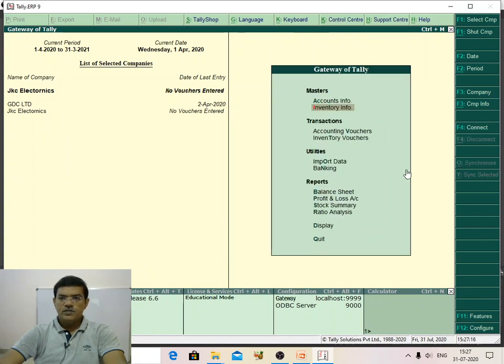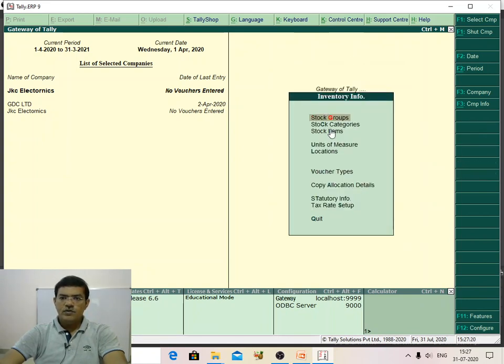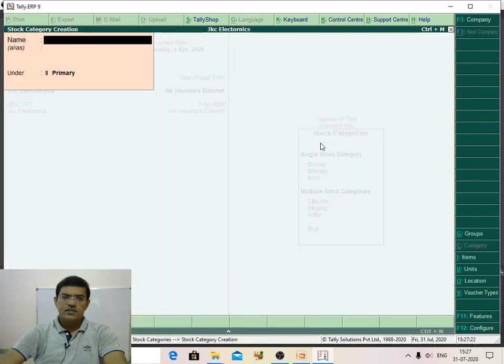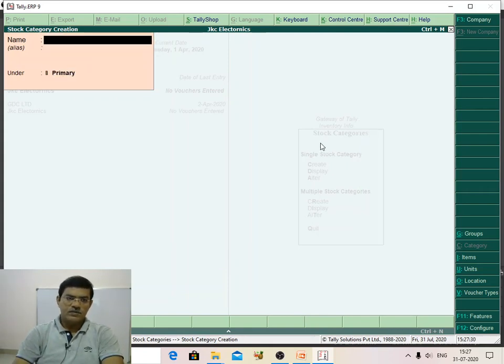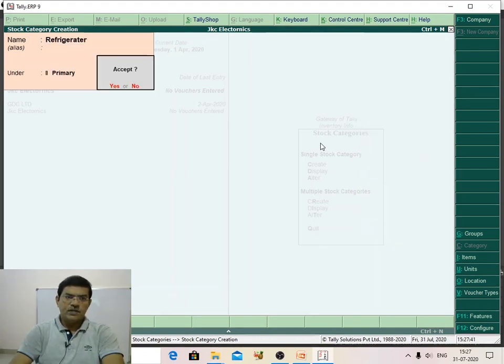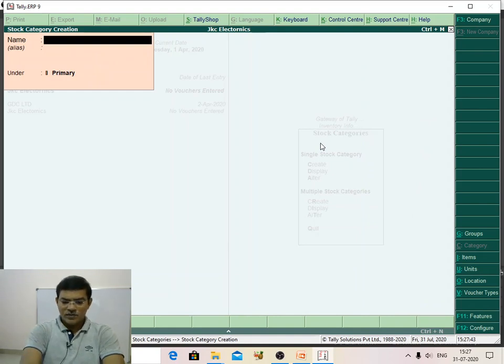Go to Gateway of Tally, Inventory Info, Stock Category, Create. Here my stock category is television, under primary only. Now I am creating one more, refrigerator, also under primary only. And I am going to create washing machine.